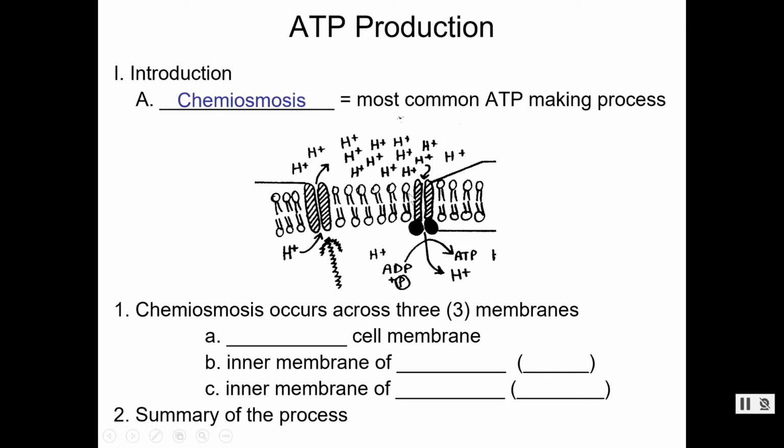What's going on? Immediately you notice that there's a phospholipid bilayer, so the process of chemiosmosis has to occur in a membrane. You may have noticed these proteins, these circles going through. It kind of makes a channel through these membranes. These are integral proteins within the membrane, and they make a channel. They allow things to pass from the inside of the cell to the outside of the cell.